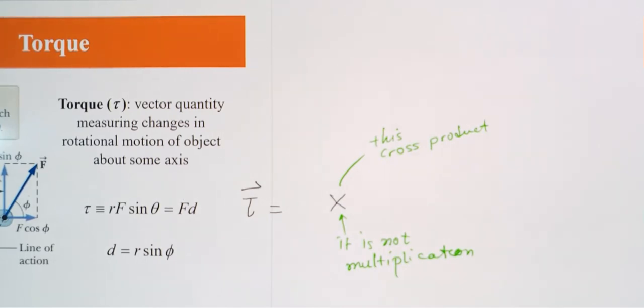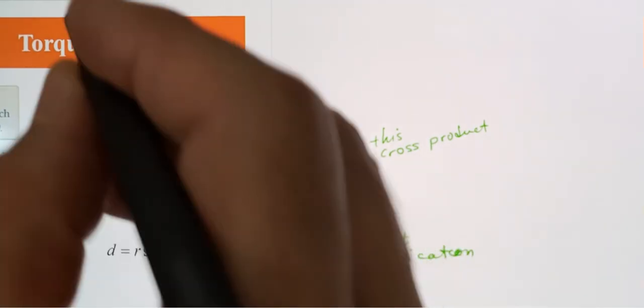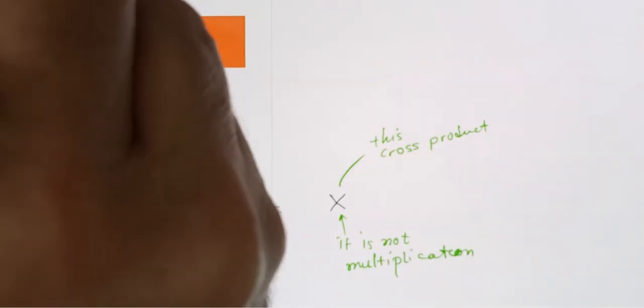We need to use a mathematical tool to calculate it, and we will, inshallah, do that in chapter 11. But for now, we need to understand that torque is a vector, and it is a cross product between the vector R